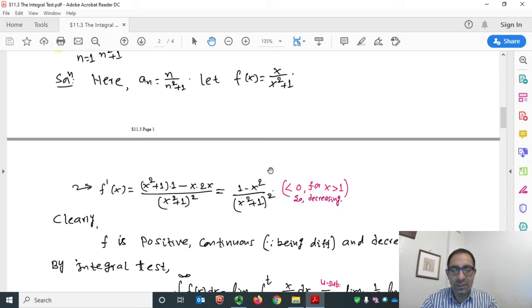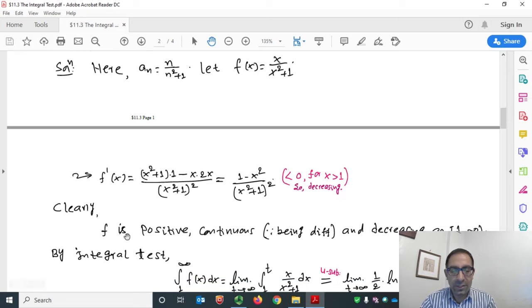And this quantity is negative for x is greater than 1. So for example, if you put x equals 2, then 1 minus 4 over the denominator is always positive because there is a square. So we are focusing on the numerator only. So that means our function is decreasing. So clearly f is positive and also continuous, because being differentiable means the function is continuous, and decreasing on the interval